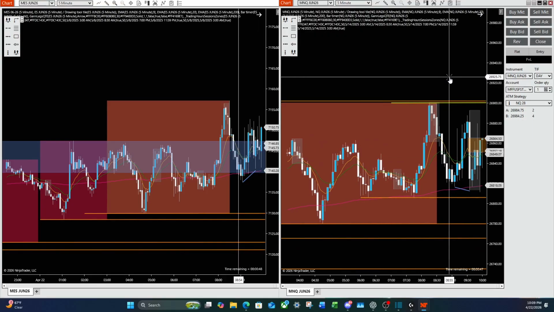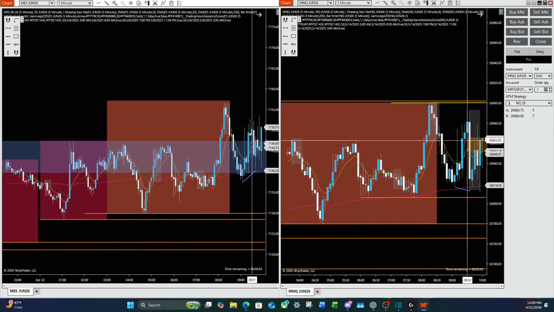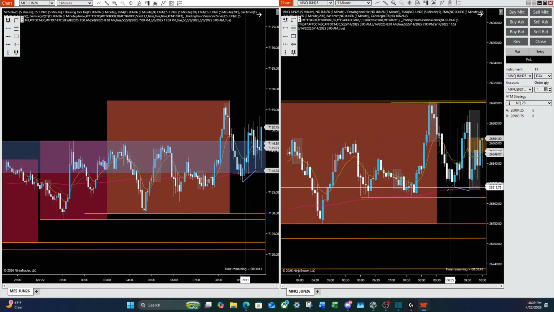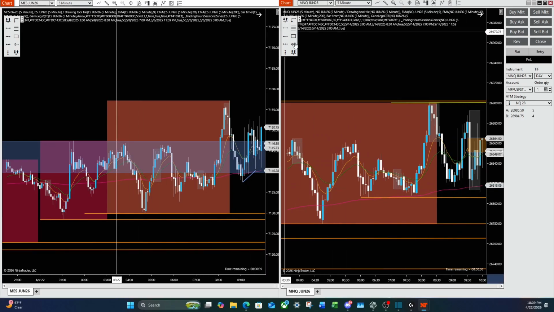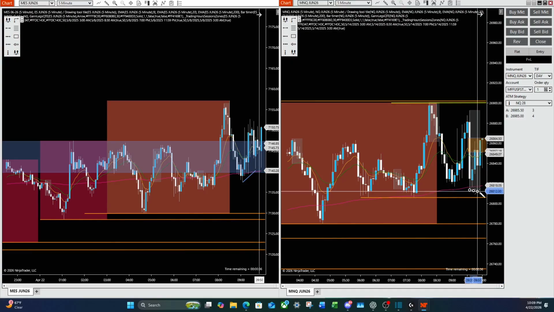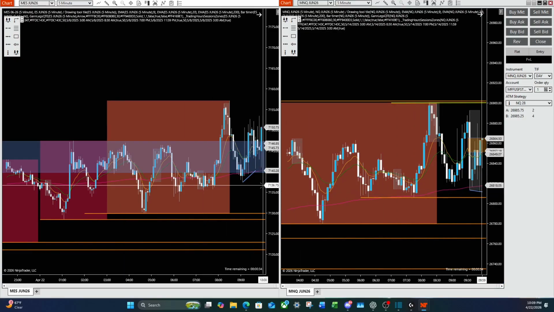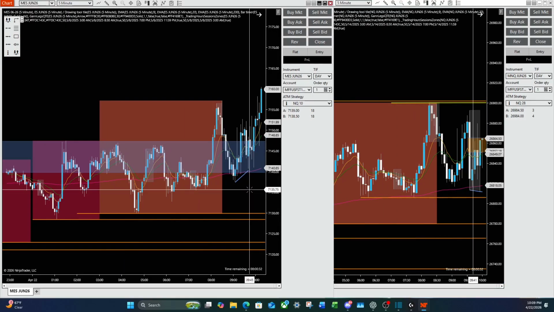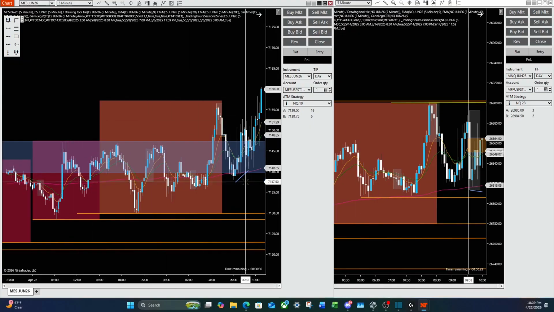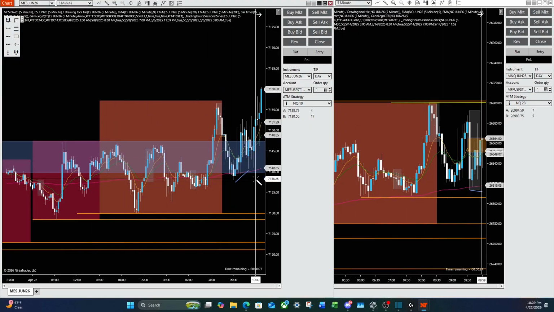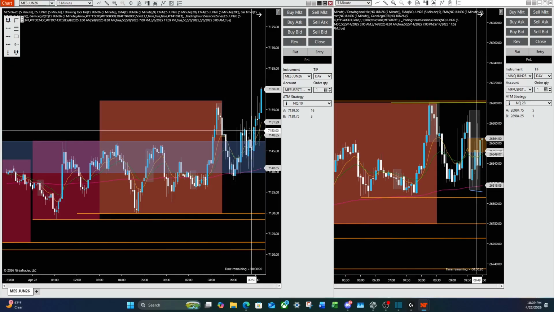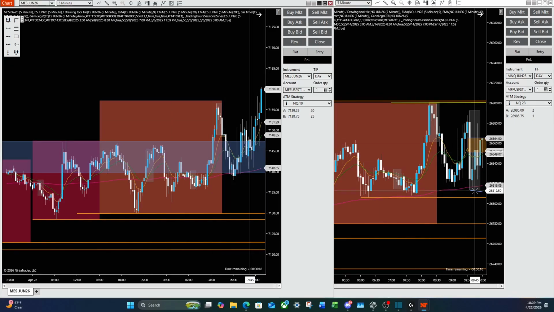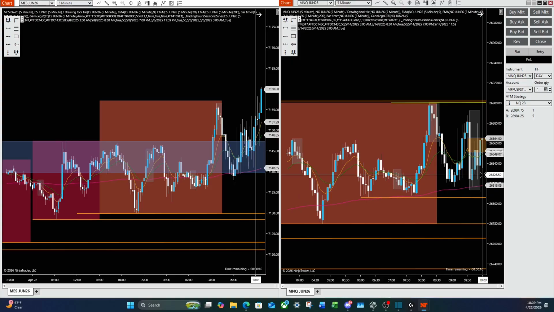And what we end up getting is once we end up respecting this fair value gap and getting a push down, sweeping out these 5-minute lows again, we get another S&T from here to here. ES did not take this out, so we can have another S&T from here to here. Obviously, ES wants to be the more bullish index on the 5-minute, but also on the hourly and the 4-hour.